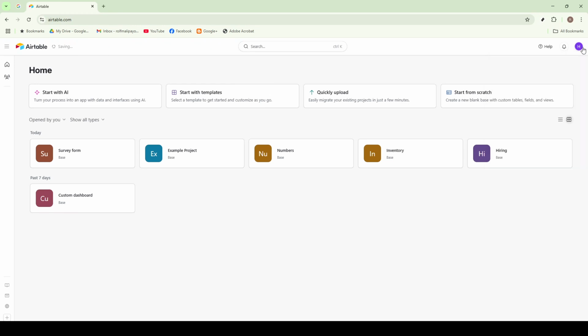After clicking sign in, you'll be prompted to log into your Airtable account. Enter your credentials, your email and password, and sign in. If you can't remember your password, look for any forgot password link typically found on the login page to reset it. Once you are logged in, a screen should appear displaying your Airtable workspaces. To continue, click on continue and you'll be directed inside your account, where you can see all of your bases